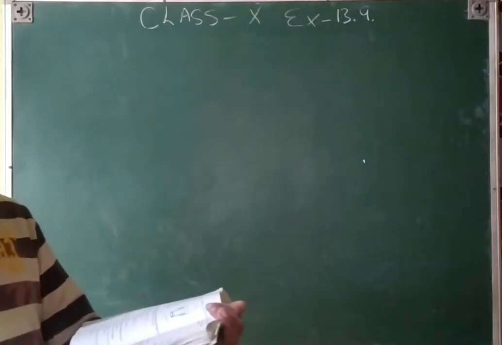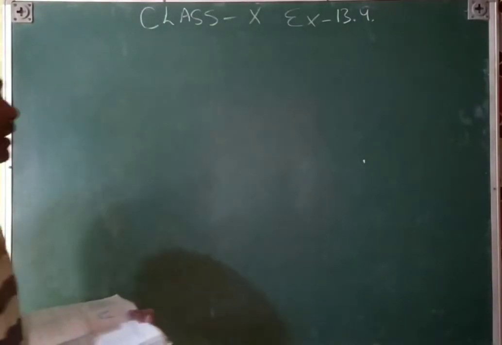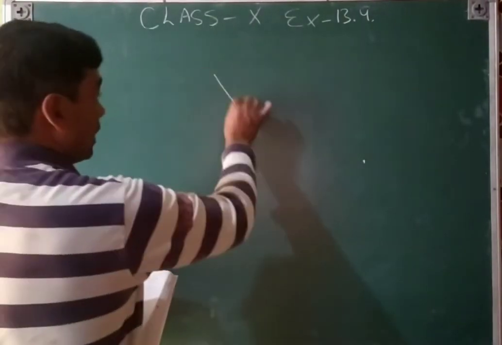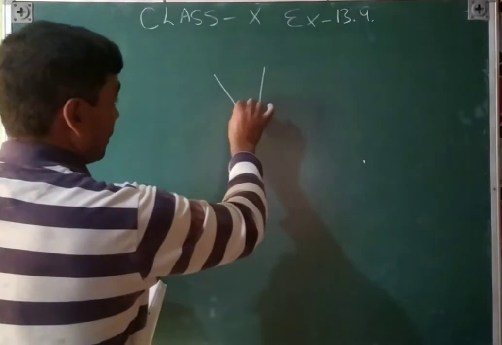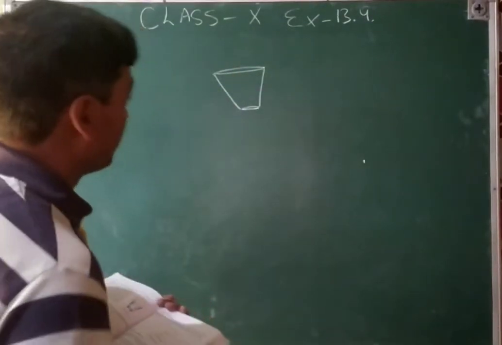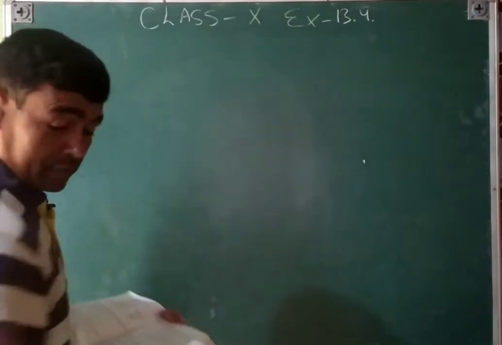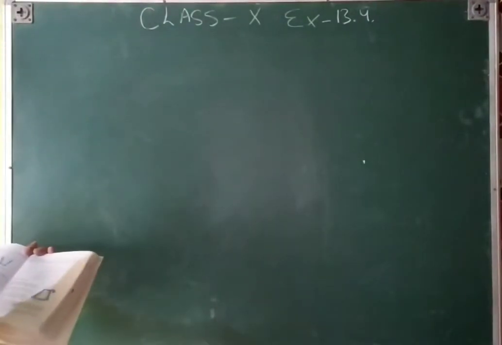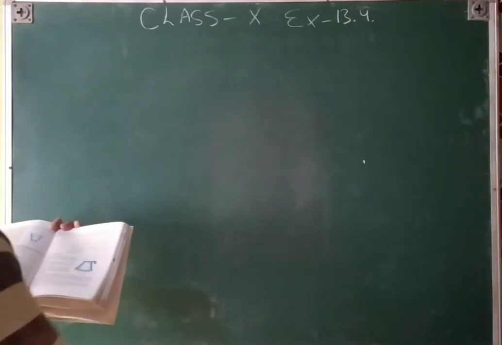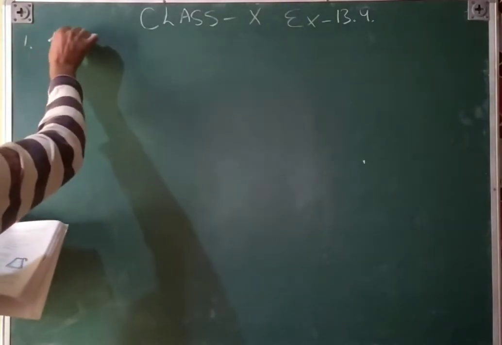Exercise 13.4, frustum. A frustum is like a glass, like this. These are the frustum. It means where there are two radii, that is a frustum. So we will apply the frustum here. How? A drinking glass in the shape of a frustum of a cone,